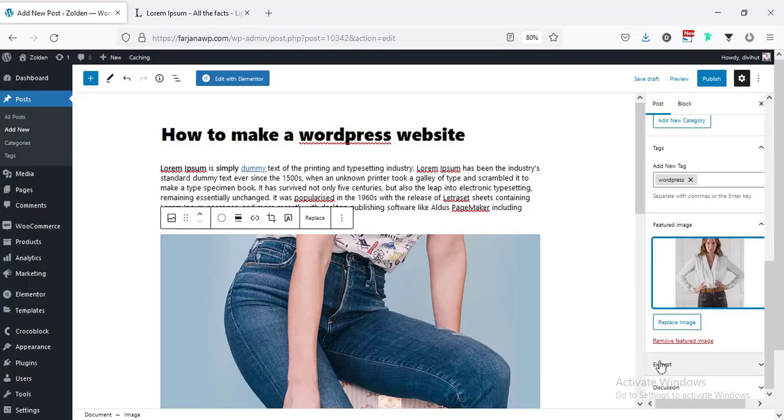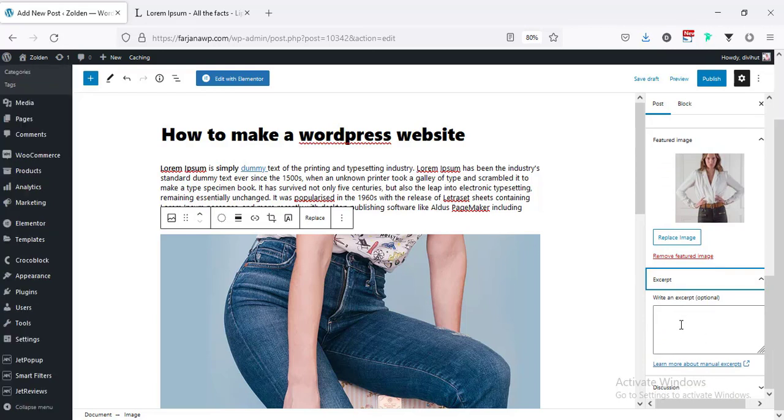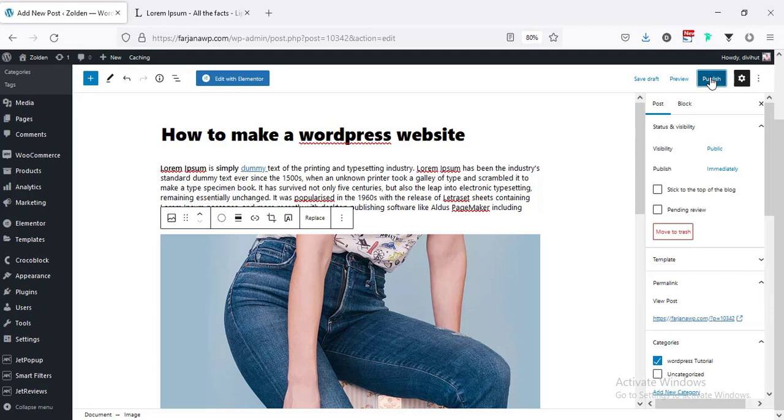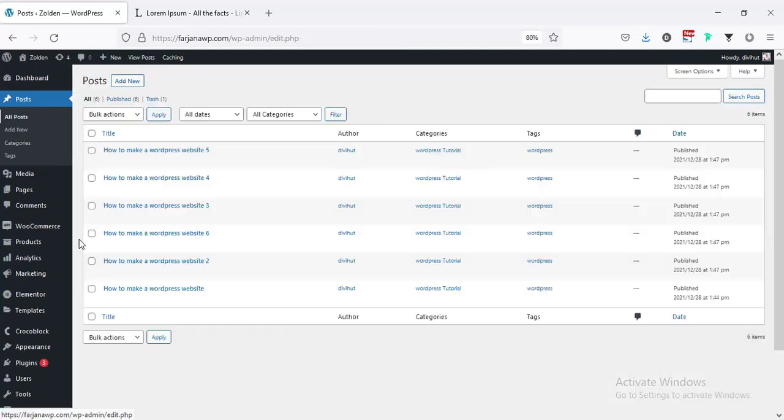And then here is option excerpt. So here we can add small description for our blog post. Finally, I'm going to publish our post, and in the similar way I'm going to create some more blog posts for this website. Alright, I have also uploaded some more blog posts, and now if I go to our pages,